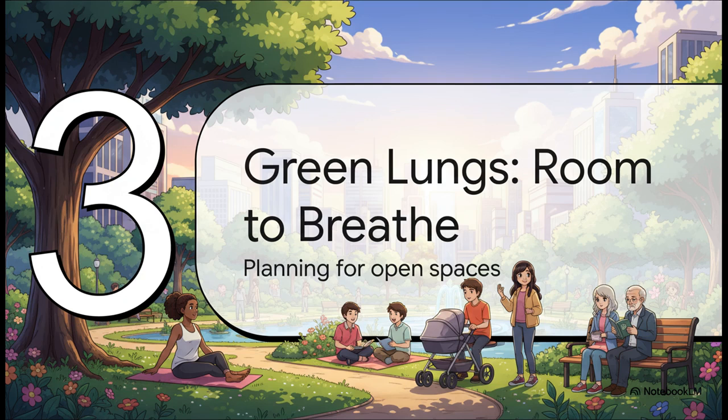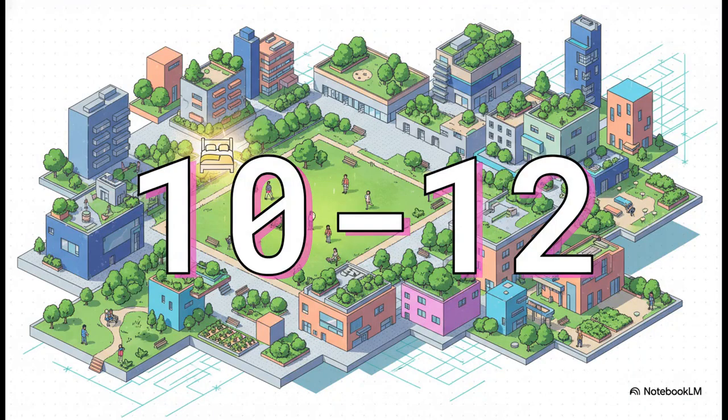Of course, a great community is more than just concrete and buildings. We need room to breathe. So, moving on from schools and shops, let's talk about the city's green lungs, the parks and open spaces that are so important. This right here is the gold standard. Urban planning guidelines say that for every single person living in the city, there should be between 10 and 12 square meters of open space. To put that in perspective, that's like having a space the size of a small bedroom just for you, out